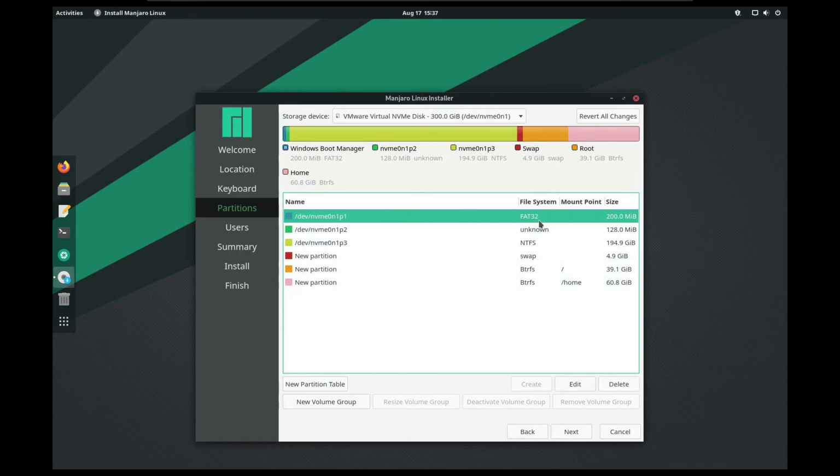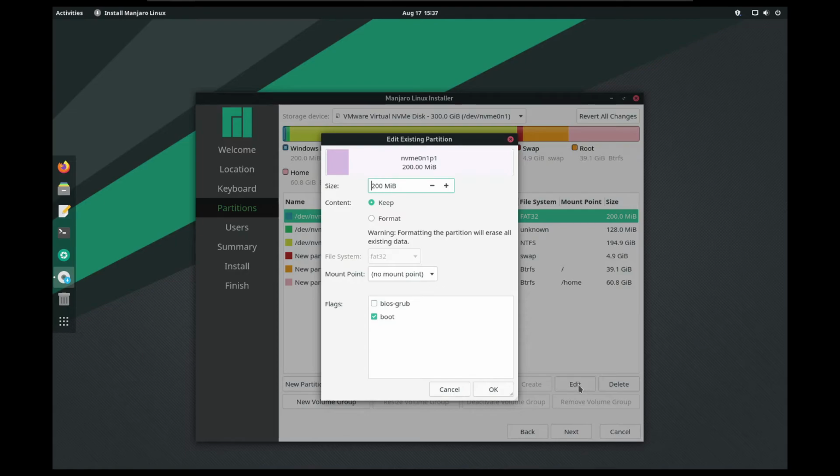The first partition is the boot partition, and that is the EFI file system partition. So here select the first partition, that is 200 MB here. Now click on edit. Content must be the selection of keep. Don't select the format.